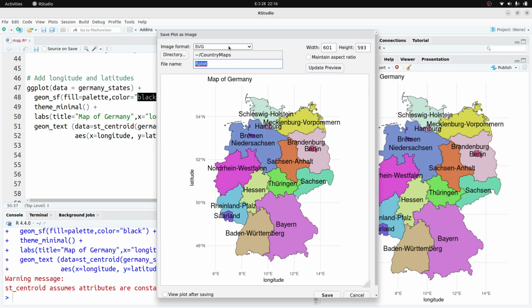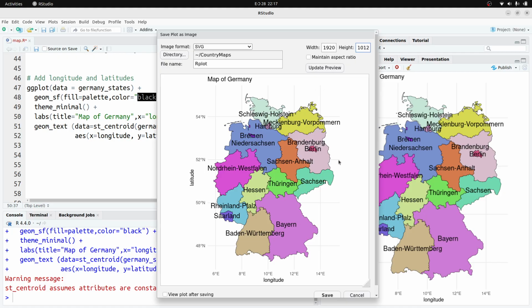I'll use the image format SVG, so that's going to be a vector graphic. There are other formats as well, but I'll use SVG, and then I'll change the width and height. I'll say 1920, and here something like 1012,